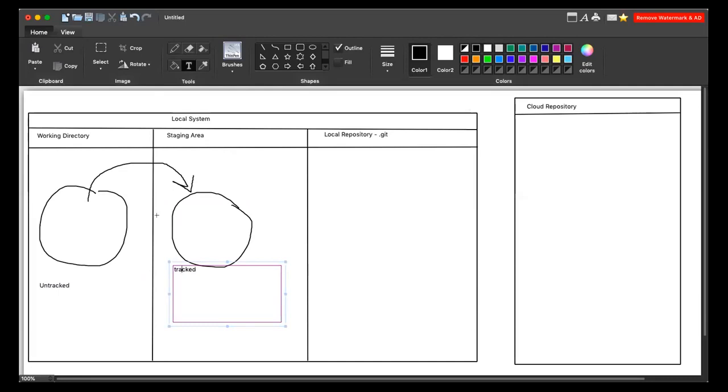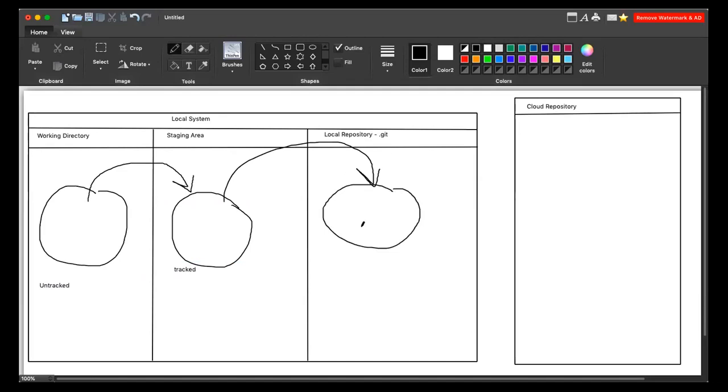These files and folders cannot be directly moved to the cloud repository. Before moving to the cloud repository, you need to move them from the staging area to the local repository. Once they are moved to the local repository, they are kept here, and this local repository is managed by one folder called .git.